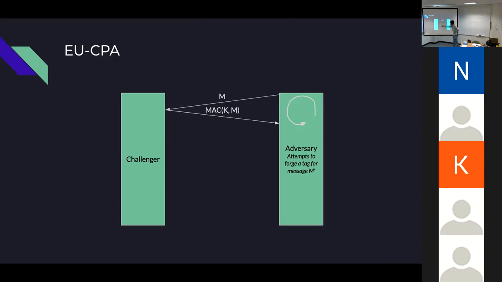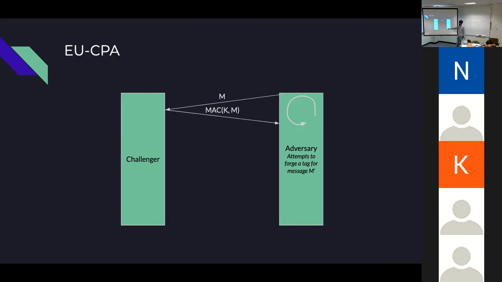Here's a message, I'll get back its MAC. And eventually, the adversary is going to try to form a new message and a new tag that would be valid, but that the challenger didn't generate. Because otherwise I could just ask for any message and then output that. That's not really that interesting. So we add the extra requirement that the adversary has to forge a new tag for a new message that